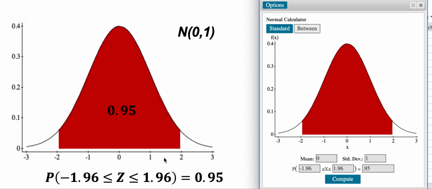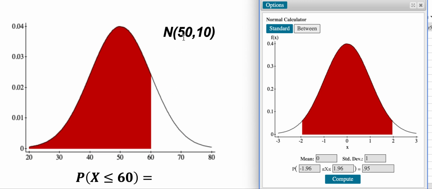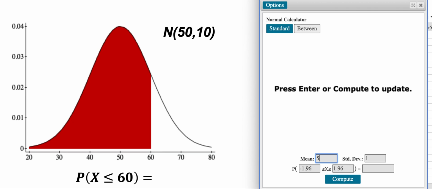So everything we've done so far, we've been looking at the z values, or the standard normal distribution, mean 0, standard deviation 1. But the same thing can be done for any normal distribution with any mean and any standard deviation. So let's consider a normal distribution with a mean of 50 and a standard deviation of 10. Let's ask ourselves, what's the probability of being less than or equal to 60? So I would simply go over here, change the mean to 50,